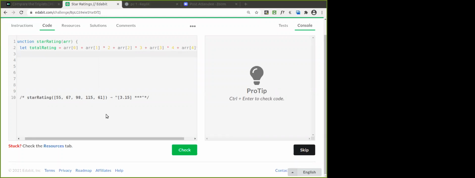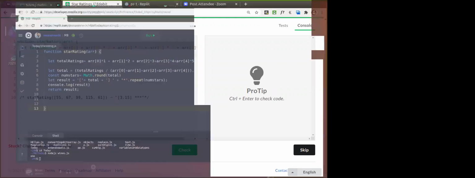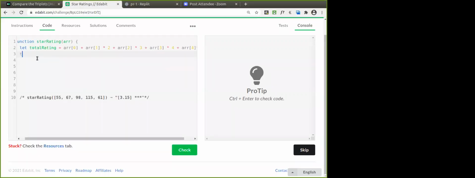Now we have to get the average of that one. How do you get that one? You can have total rating divided, equals to what? Yeah, sir, can we use the for each method? Yeah, for each method you can use here, Ravi. Yeah, I'll come to that question. Yeah, divided by 5 or the sum of the total elements of the array. Isn't it?